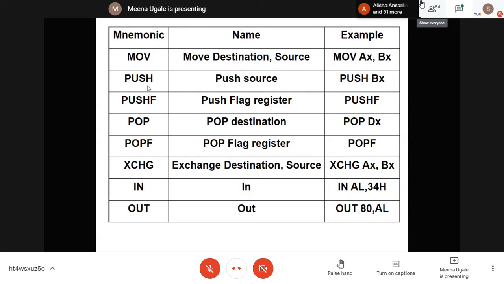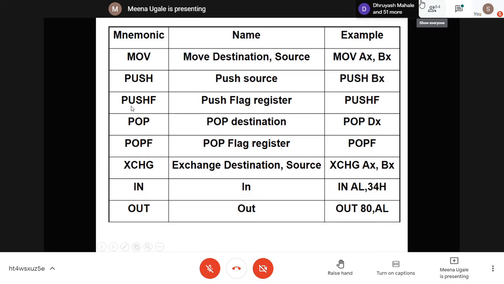Here also you have a stack pointer. So what happens when I run a push instruction? See the example here, push BX. When I run this instruction, your processor decrements the stack pointer by 2 and copies the content of the BX register into the stack memory. Again, if I write push BX, it will follow the same way. It will decrement the content of the stack pointer by 2 and copy the content of your register in the stack memory.